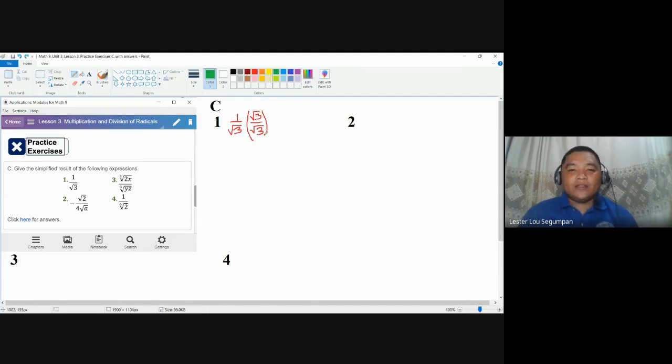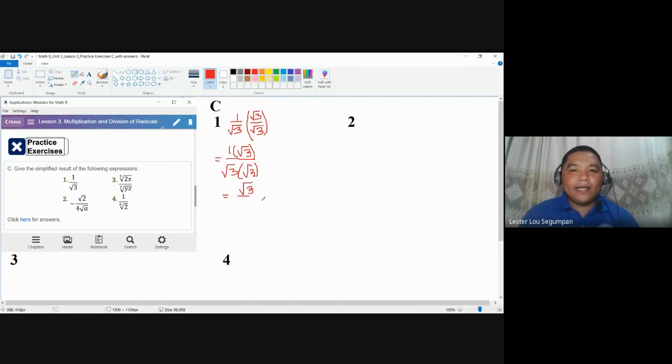And we use square root of 3 because that's our target for our denominator. Now that we have this multiplier here, let's try to multiply. So 1 times square root of 3, that's for your numerator. And you have here square root of 3 times square root of 3. So this becomes 1 times square root of 3 is square root of 3 over the,